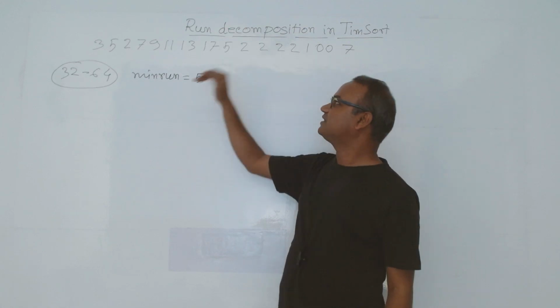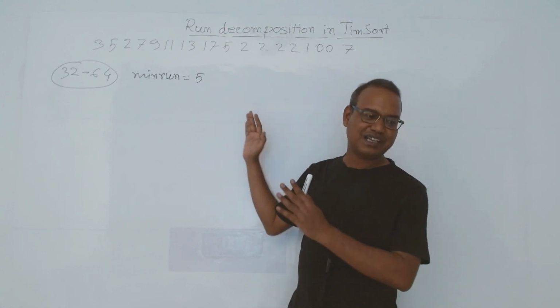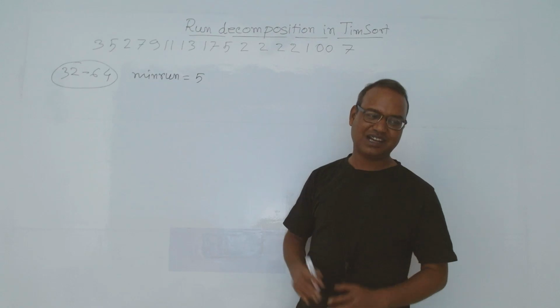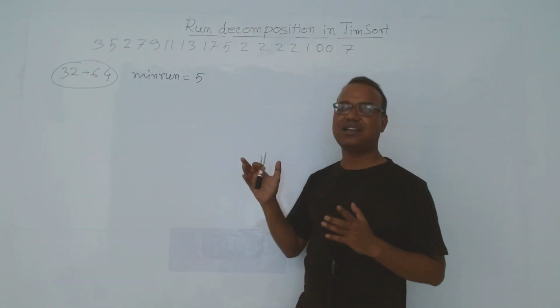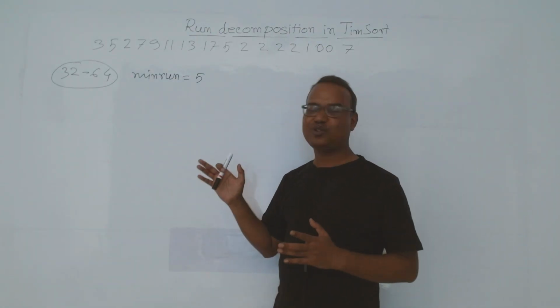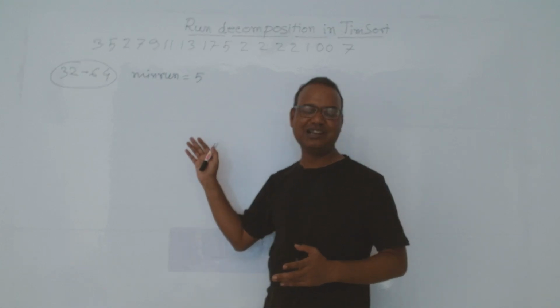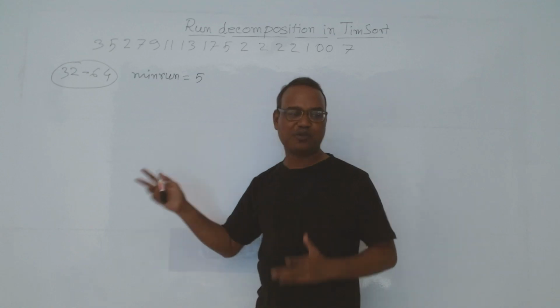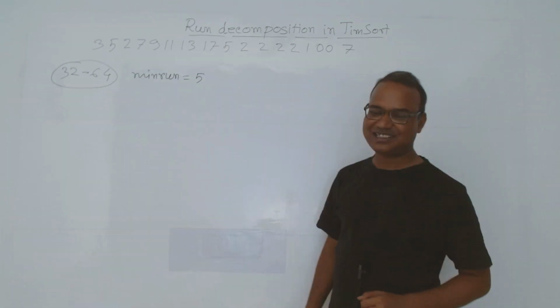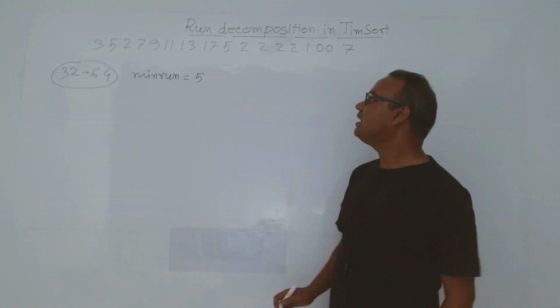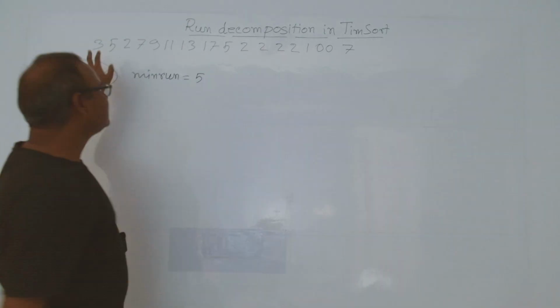run decomposition. Okay, how we will create the small runs, what are the issues involved when we break the array into runs, and what will be the complexity of the run decomposition. Okay, so let's say this is my